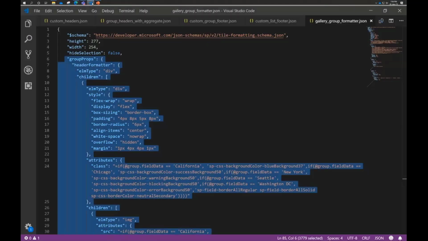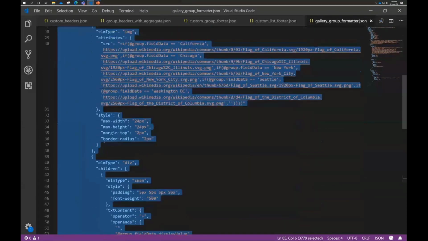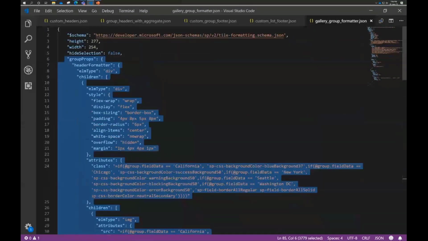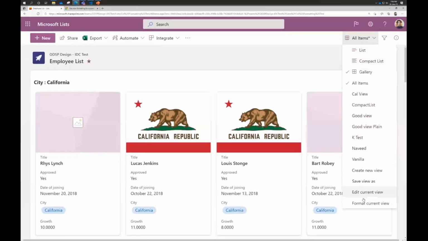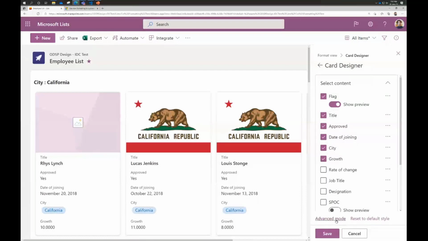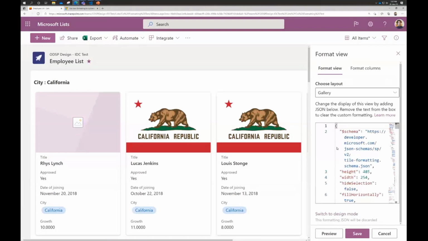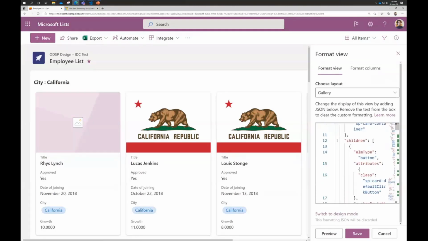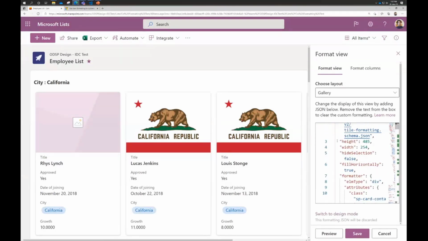Now, I go back, grab just the group props section, not the whole code, and I go back to format current view and go to the advanced mode inside the card designer. Let me quickly scroll down to the formatter.